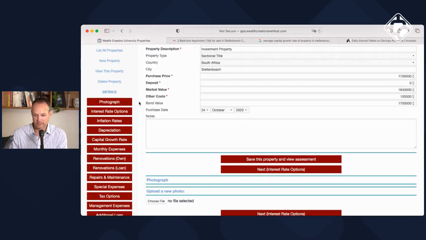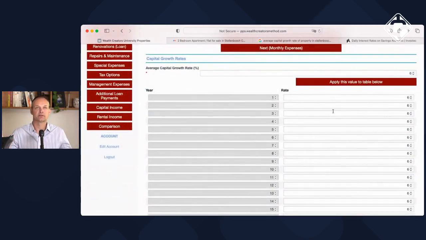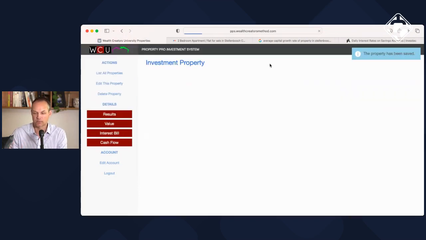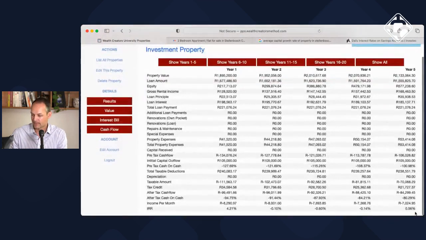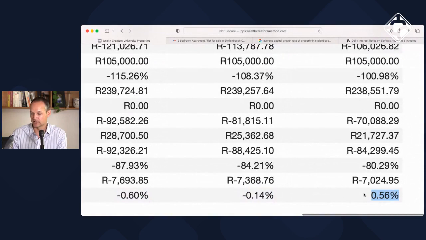Another very important lever that you could pull is this capital growth rate. So let's make the example. Let's say you are situated anywhere else in the world and in your immediate market you are unable to get a 6% capital growth rate. Let's say you're not in such a fantastic place and you get a 3% capital growth rate. So let's see what the impact is of the capital growth percentage on the investment. Remember, it was 13%, it drops down to effectively almost negative.